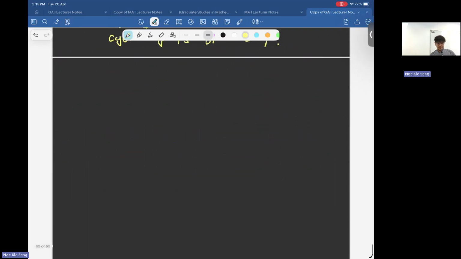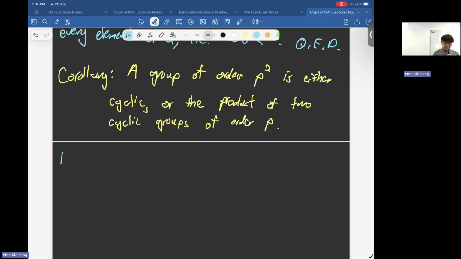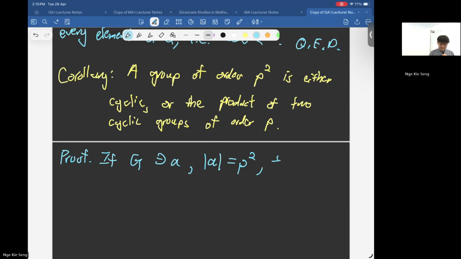If not, okay, maybe let me write down what I say. So if G contains an element A such that, okay, I think in this class you use this notation, right? Let's use this notation. Yes, but in master we free a bit. Okay, we use this notation. Then G can be generated by this element. If not,